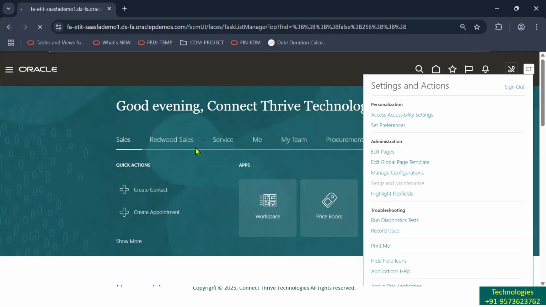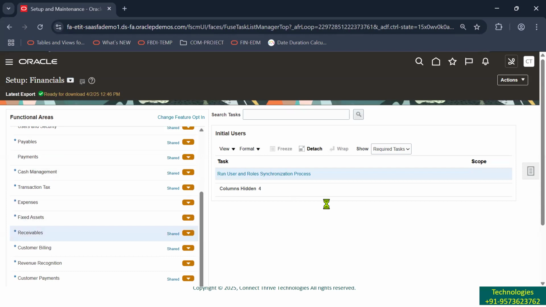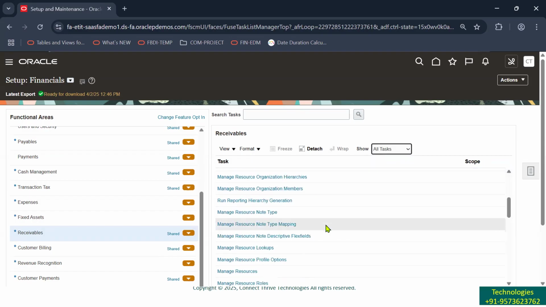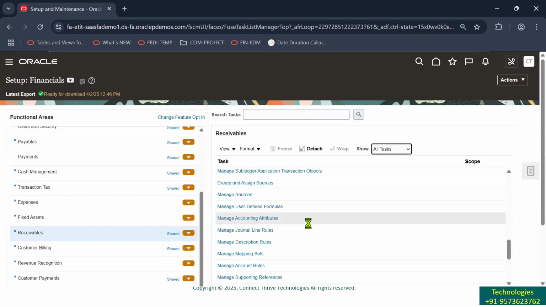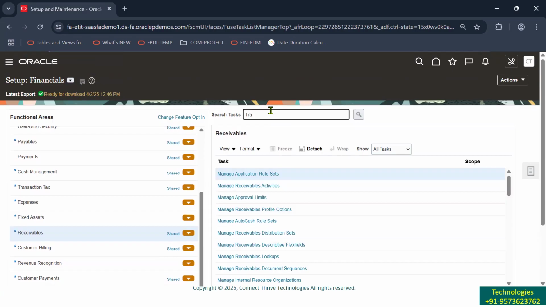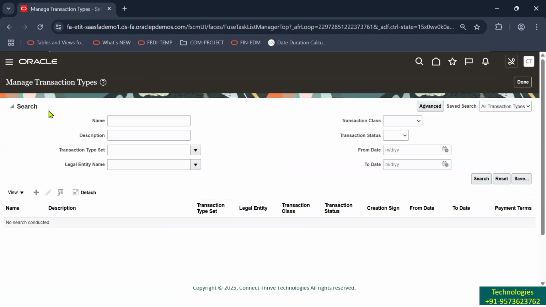We go to Setup and Maintenance. If you go to Receivables, Manage Transaction Types. So if you go here and click on create,